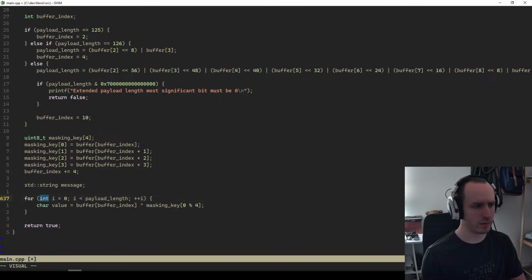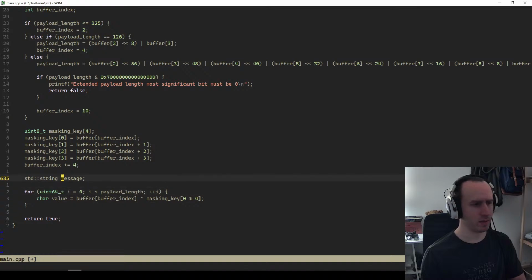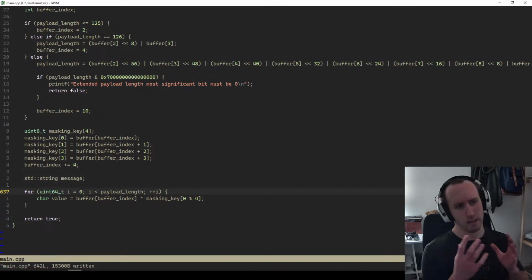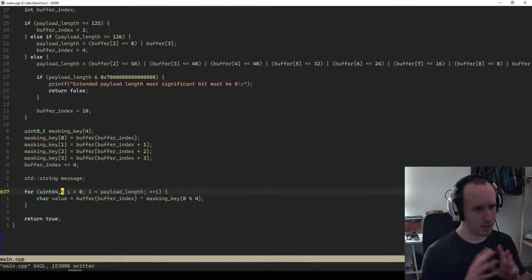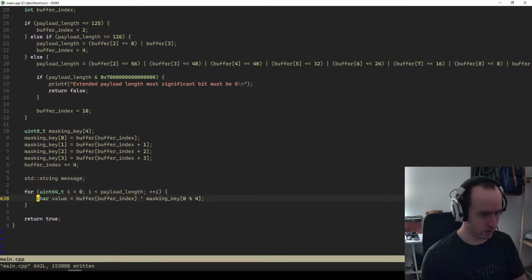I think this should maybe be a 64-bit, because the length could be a 64-bit number, right? So the number of bytes can be a 64-bit number. Again, long payloads and stuff, we'll have to deal with that later, but for now, this is good enough. So we can just say the message is plus